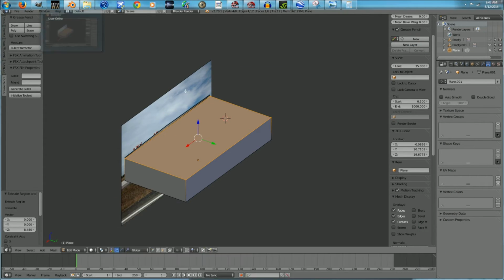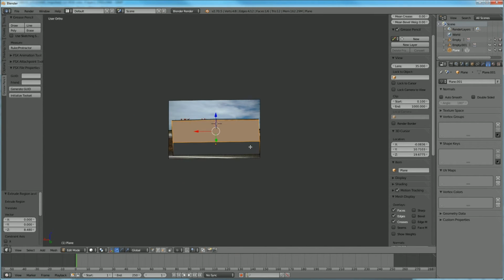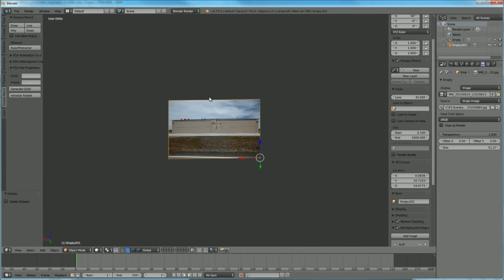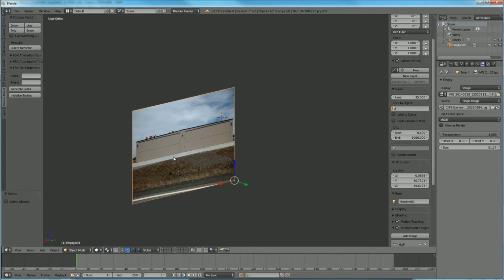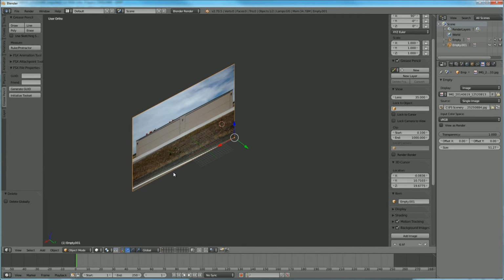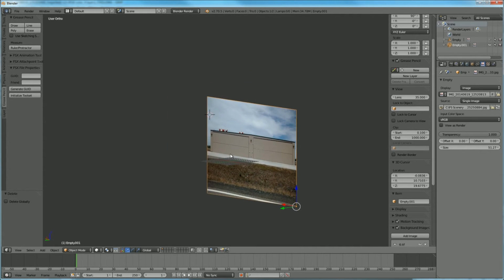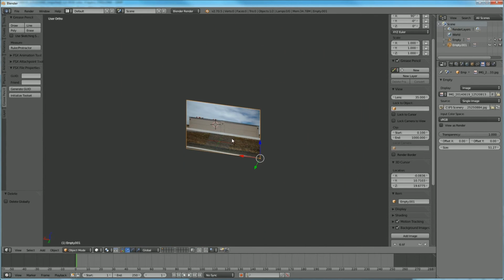By the way, I learned this method of using an image to get the height of your building from a tutorial that someone wrote on the FS developer community, and I'll link to that in the description so you guys can take a look at that tutorial. But yeah, I thought it was quite brilliant. Okay,